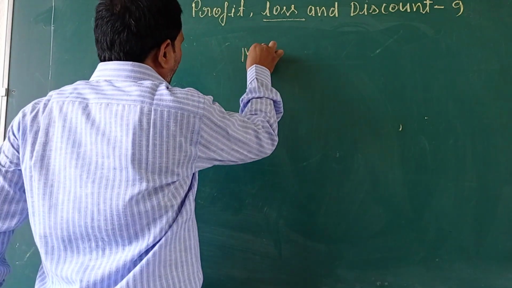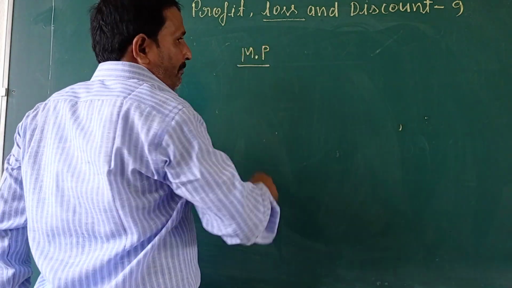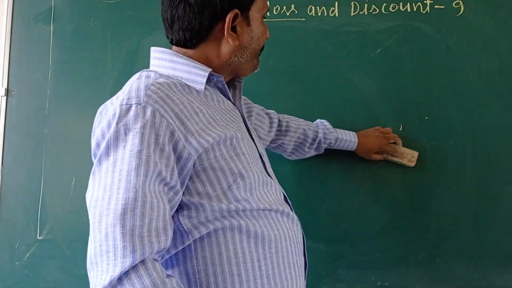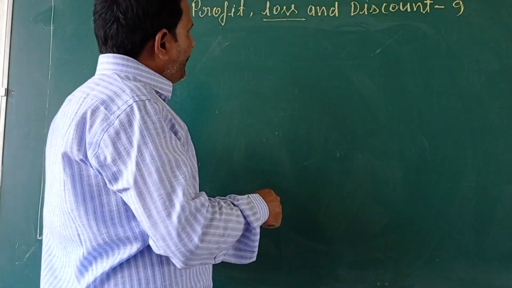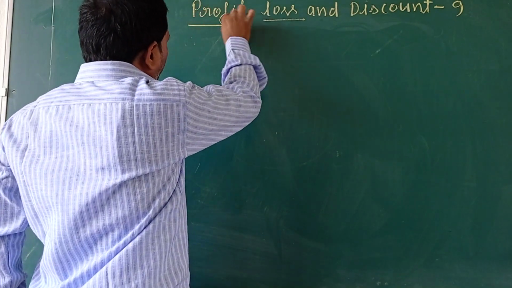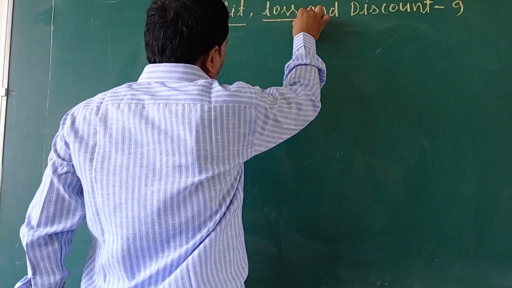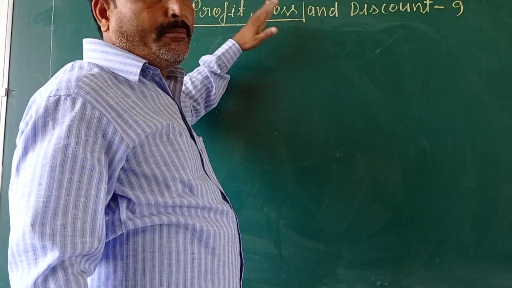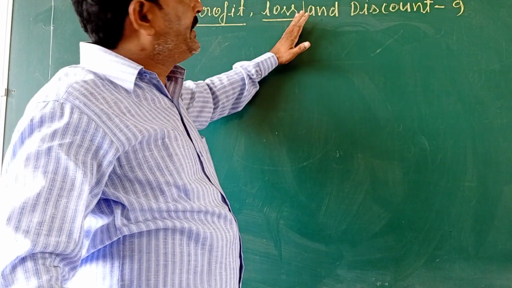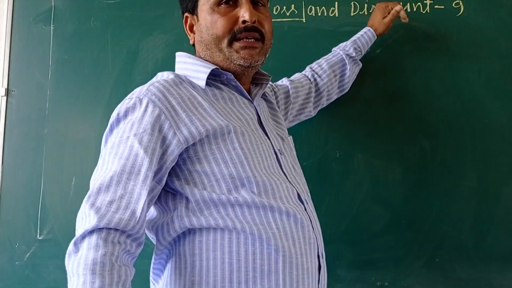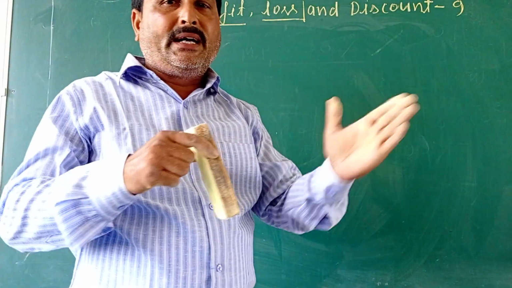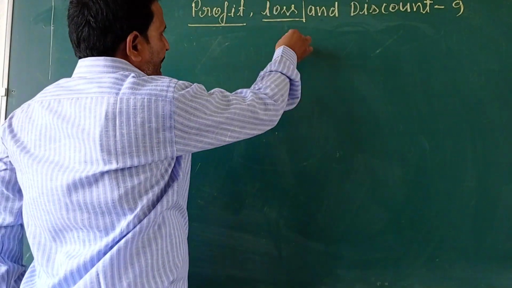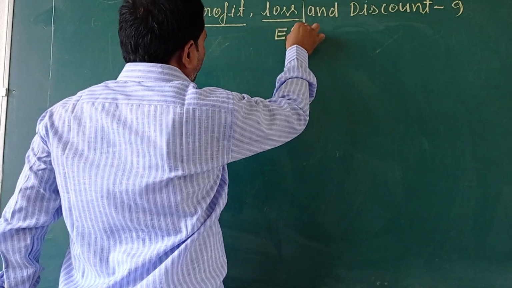MP. MP means market price or marked price. You are getting discount on it. So, in the first exercise, the questions are related only to profit and loss. Second, loss percent and profit percent. Third, the unit based on the discount. I will explain unit wise. See, in exercise